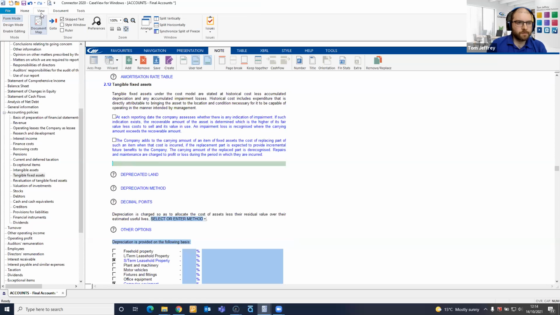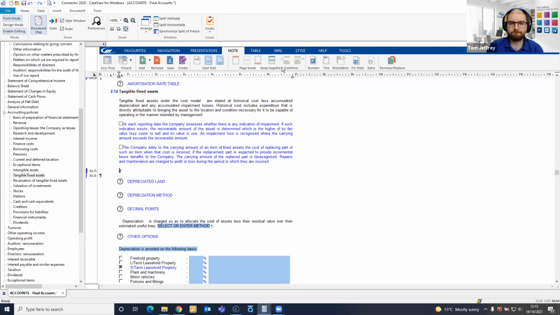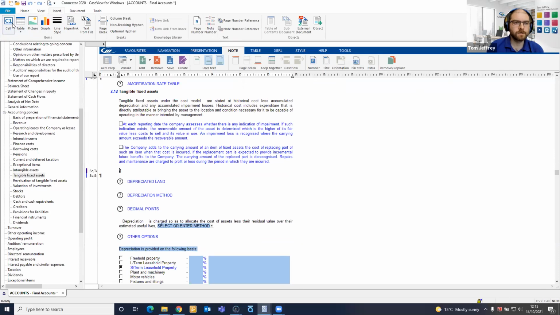So enable editing: go up to View and then Enable Editing. It will probably ask you for a password. If you don't know what the password is, you can speak to the person responsible for your installation of Caseware, or your IT department. Failing that, you can speak to our support. And once you're in, you'll have your additional options. So you'll have your Insert tab at the top, Insert Cell,